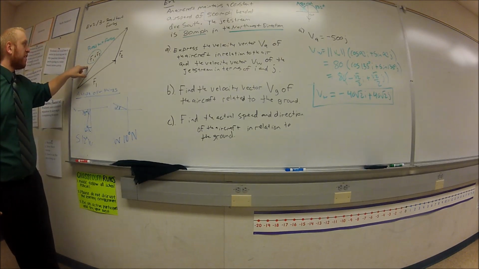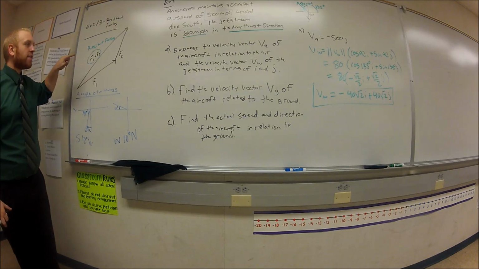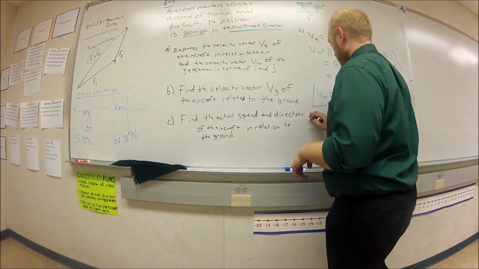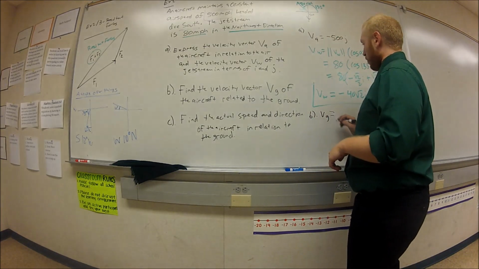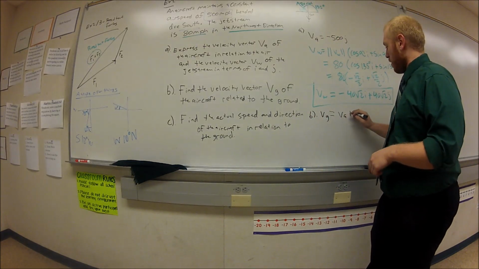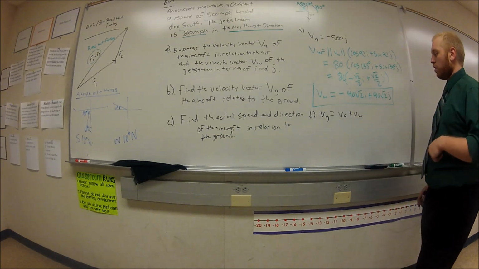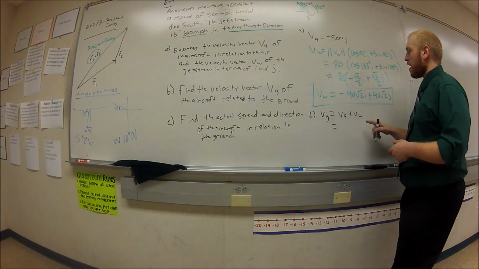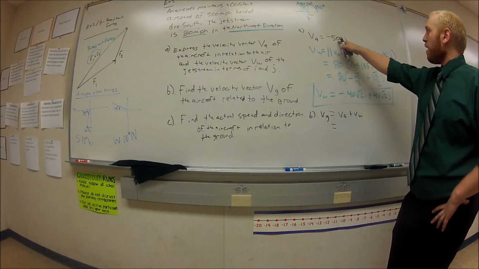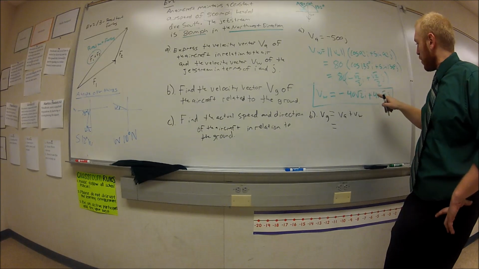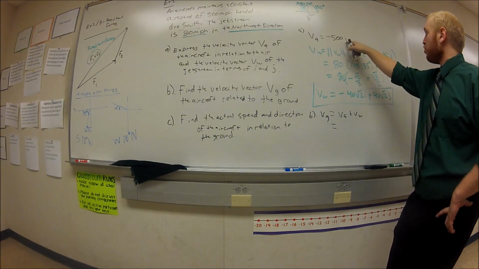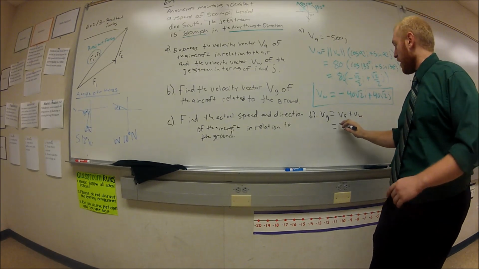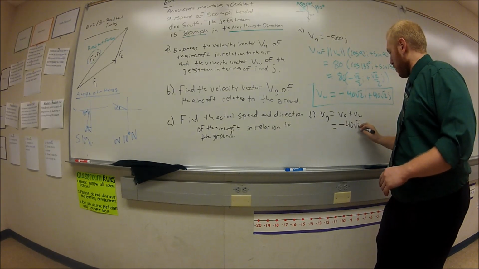Well, look here. It says whenever you have multiple forces, you've got to add. So we know that V sub g equals V sub A plus V sub W. Think component-wise. V sub A was negative 500j, so the only thing we're going to combine that with is the other j term. V sub A doesn't have anything in the i's, so leave the i's alone. Negative 40 root 2 i